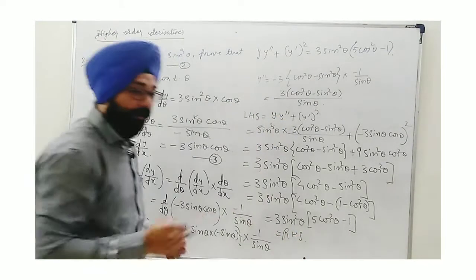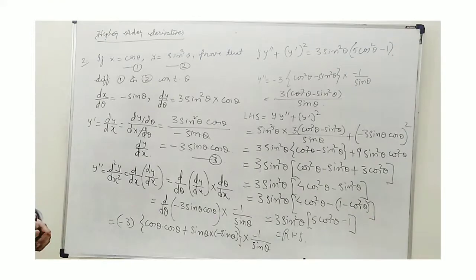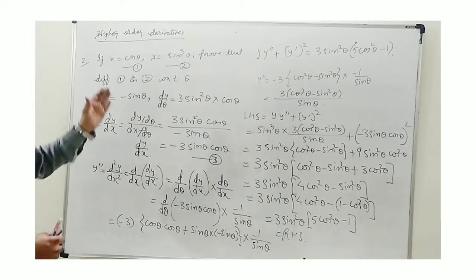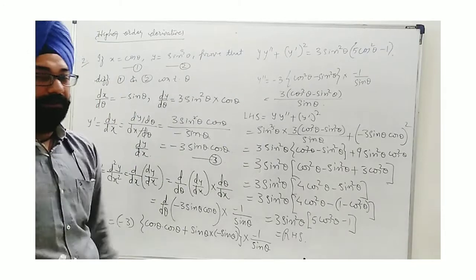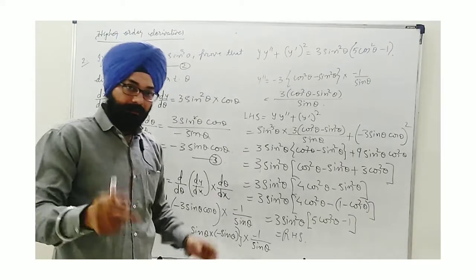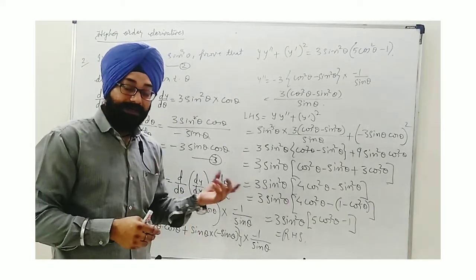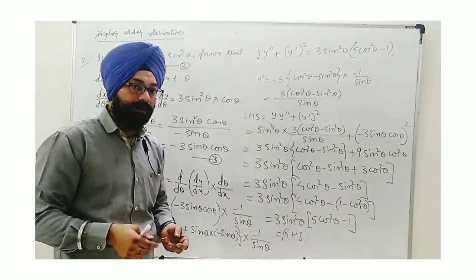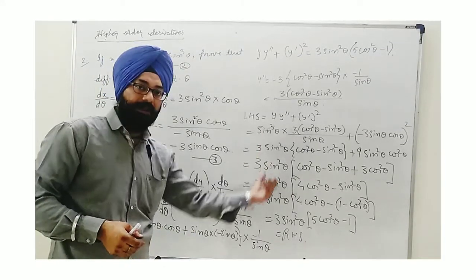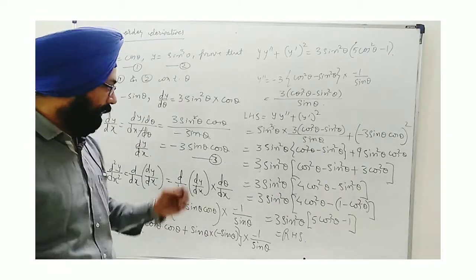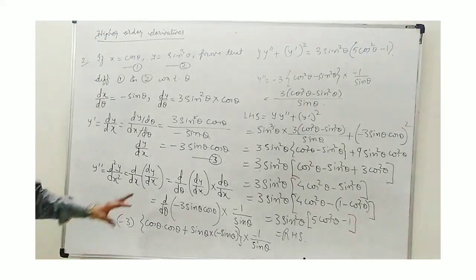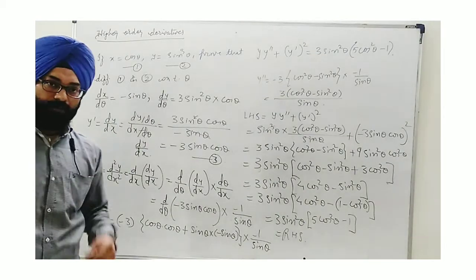Now let me tell you one thing. Here we stick to sin and cos only, that's why we easily get this calculation. Otherwise, if we had used some identity like cos 2 theta or sin 2 theta, I don't think we would have got this answer so easily. So it depends on the choice. If you are capable, you do, no problem. I hope this is understood. We will go to the next question.